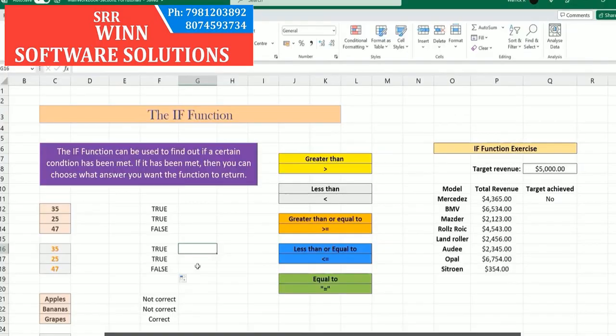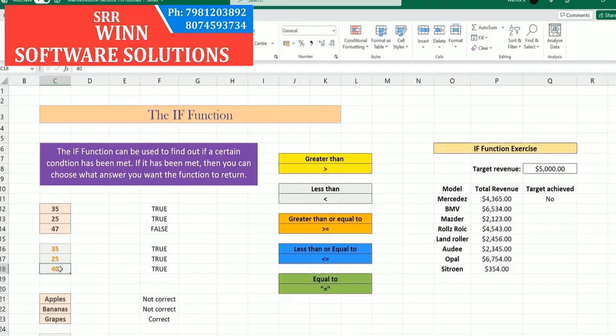Okay, so all of the answers are the same, but we'll give this a little test. If I change this to 39, it comes back as true, so we know that's working perfectly well. 40 still comes back as true, because it is equal to 40. But if I go above 40, of course it will come back as false. So that is us dealing with some numerical values. But let's move on to some